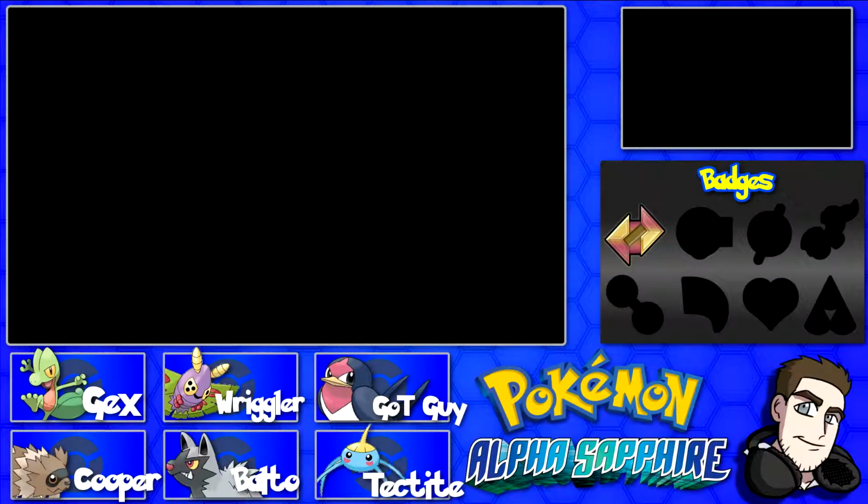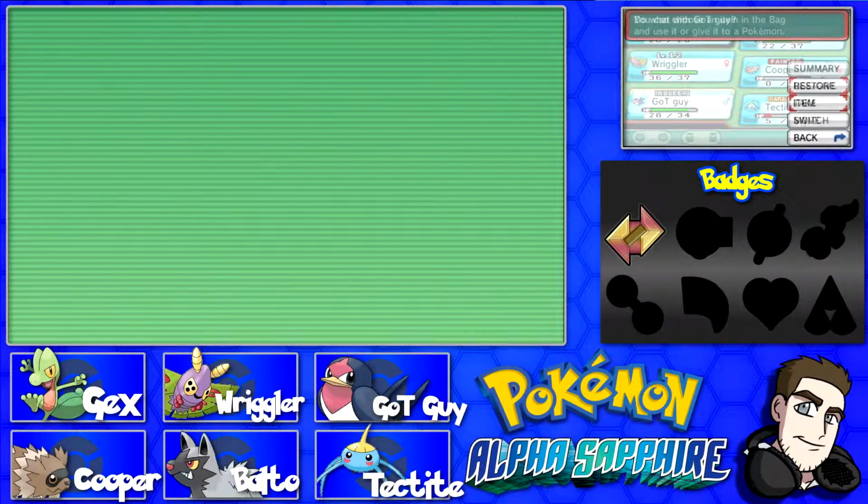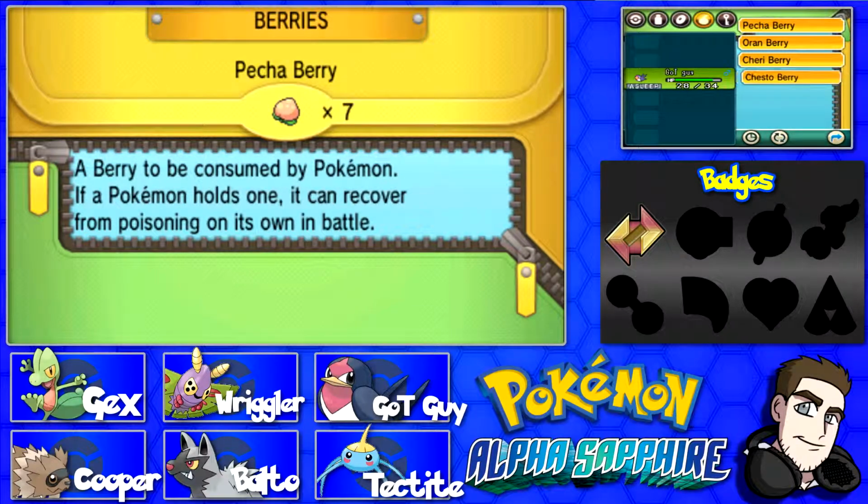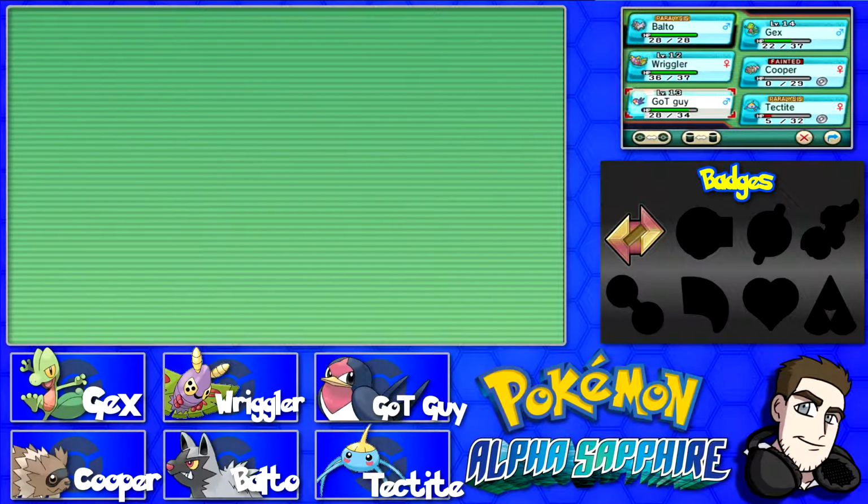So let's do that really quick. GOT Guy, item, use, and we're gonna wake you up with the Chesto Berry that we just got. One of the 6 that we just got. So now we have 5 Chesto Berries. GOT Guy is now good. Fortunately, you're